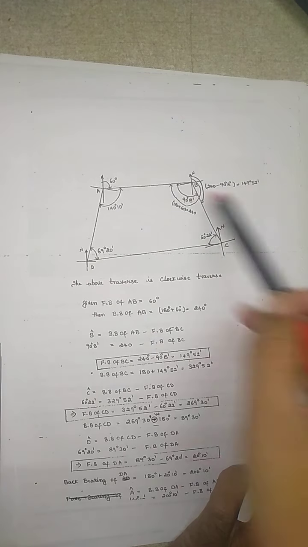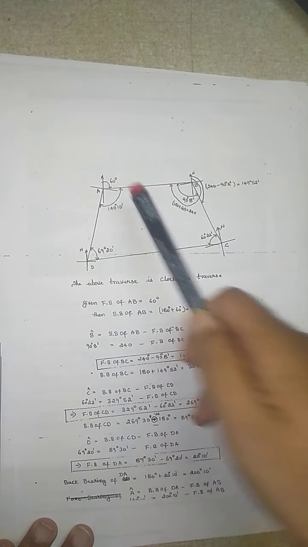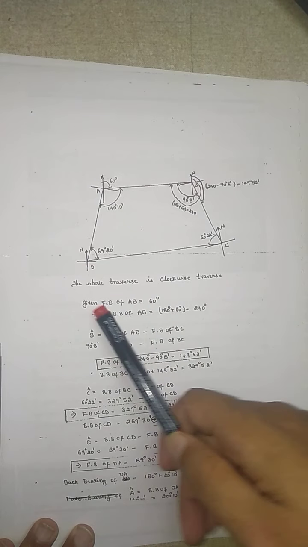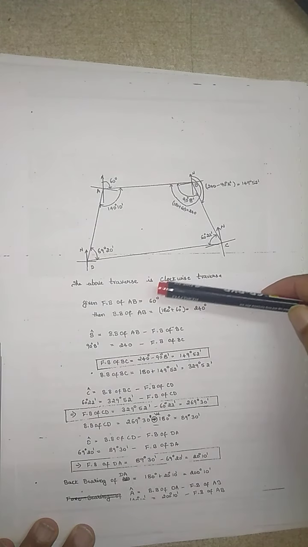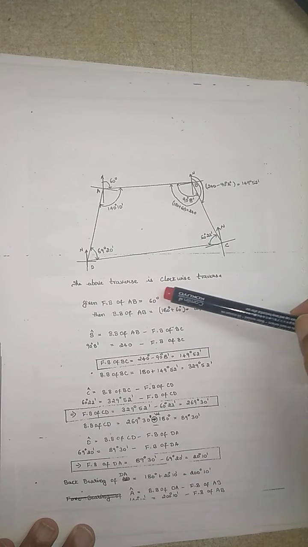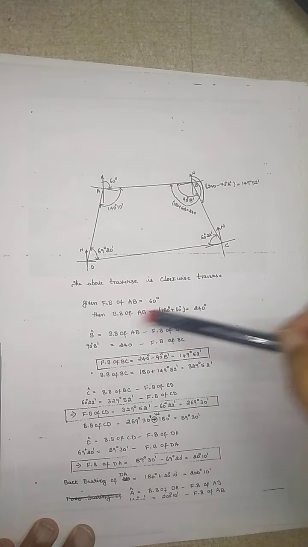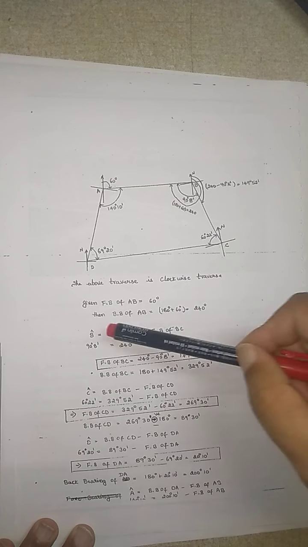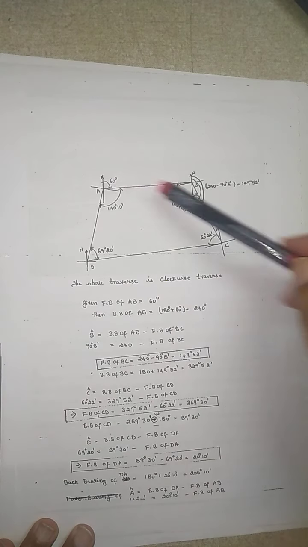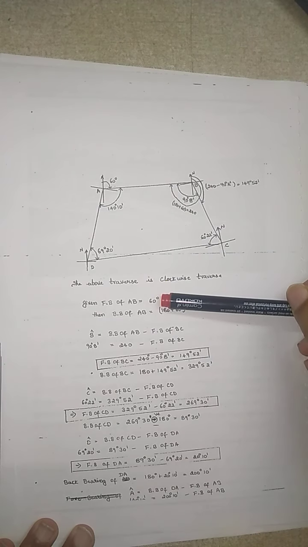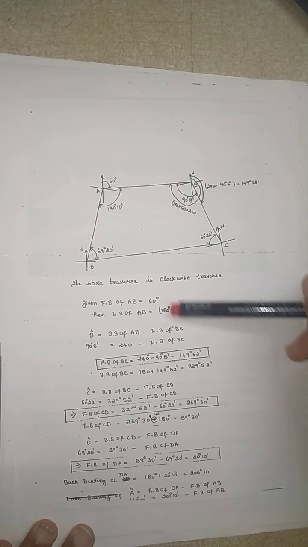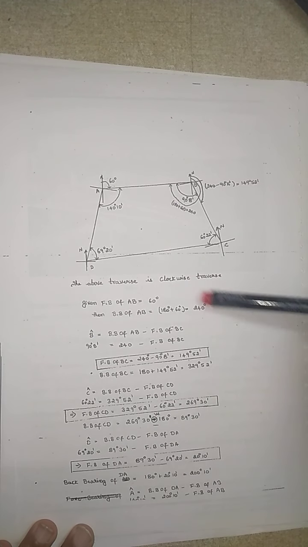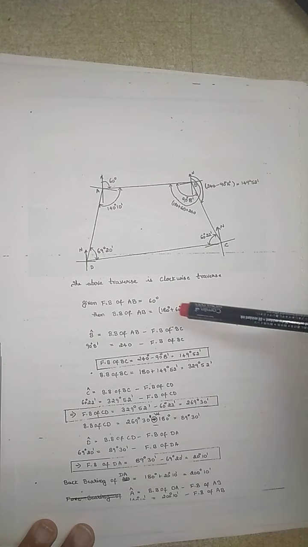So first the line AB is given to you, right? They have given the forebearing of the line AB as 60 degrees. So the back bearing of the line AB will be how much? Since this is less than 180 degrees, you are going to add 180 degrees to this, so you are going to get it as 240 degrees.